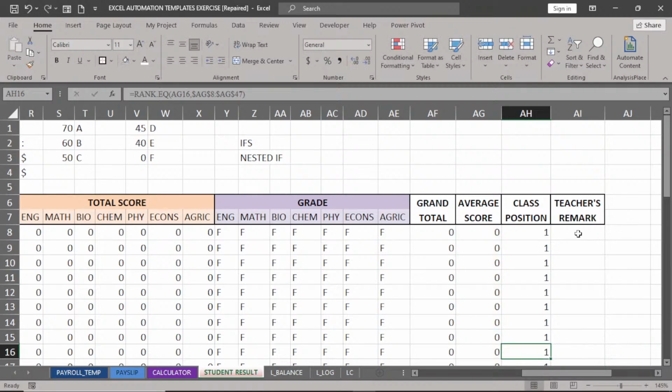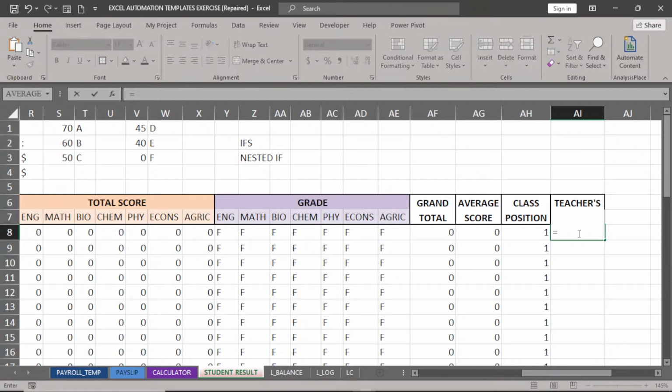Then remark, we are going to make use of ifs. We are going to make use of ifs again for our remark. Hence, if you are using Office 2019-2016 downward, you make use of nested if. I have shown you how to use the nested if. So in our remark, I'm going to say equals to ifs. Now, if the average is greater than or equals to 70 as well,